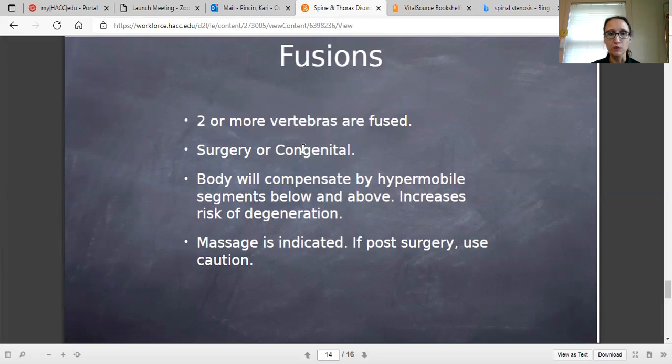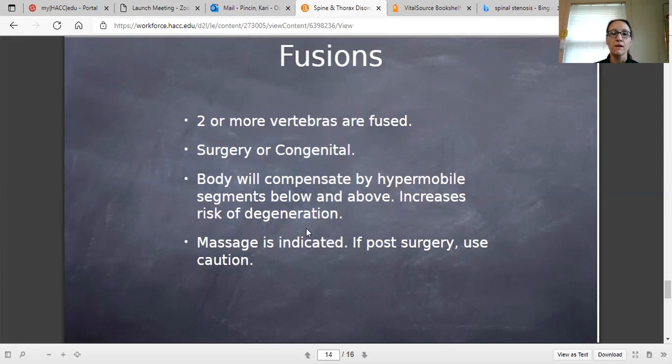When someone has had a fusion, the body does tend to compensate by making the vertebrae above and the vertebrae below the fusion more mobile. Because think about it, where the vertebrae has been fused together, there is no more movement, okay? That section of the spine is now stuck together. So in order to move, the vertebrae above and below tend to pick up the slack, basically. Unfortunately, that increases the risk of degeneration of those vertebrae, and the issue tends to work its way out from the